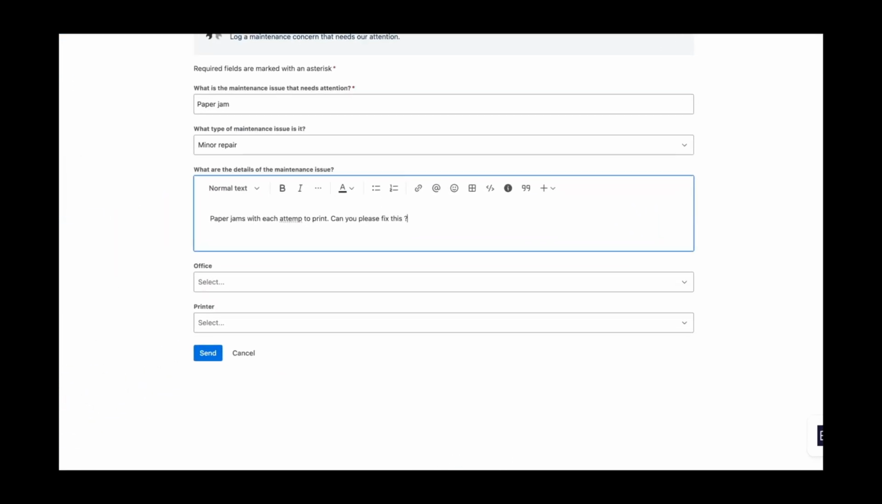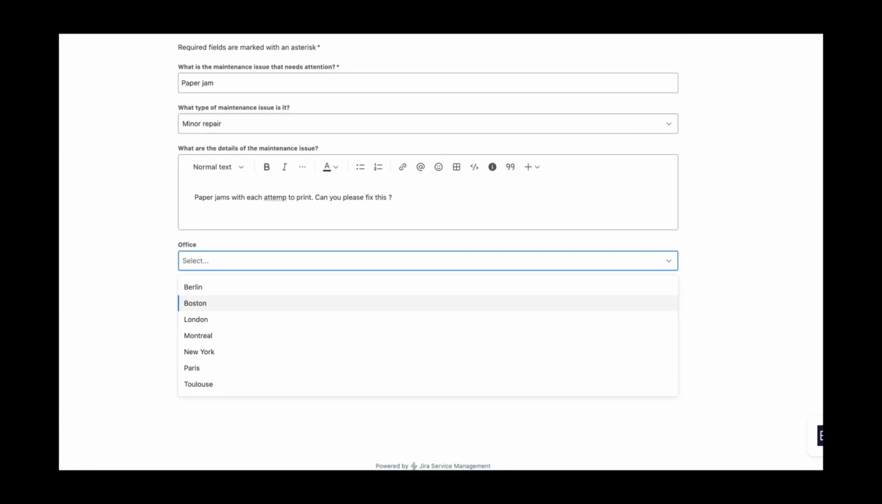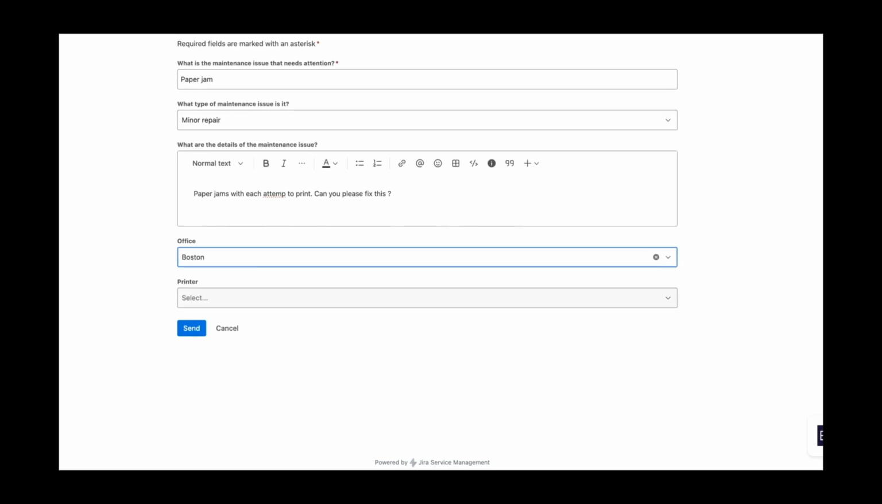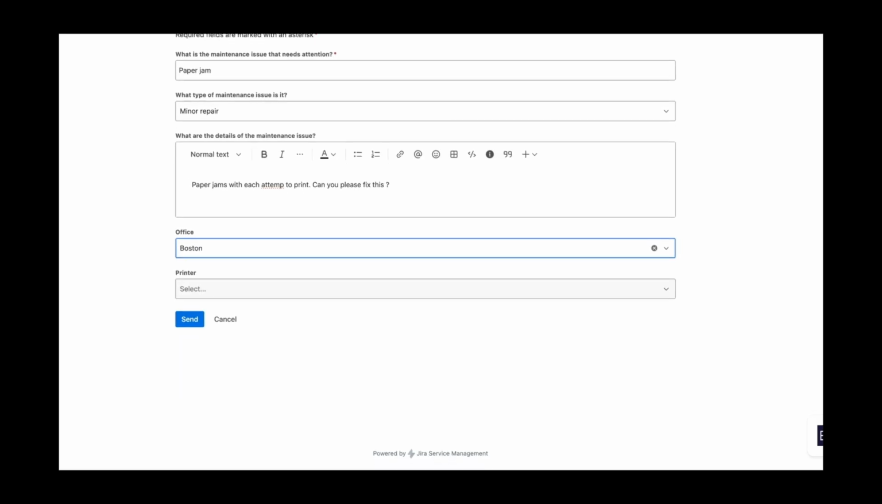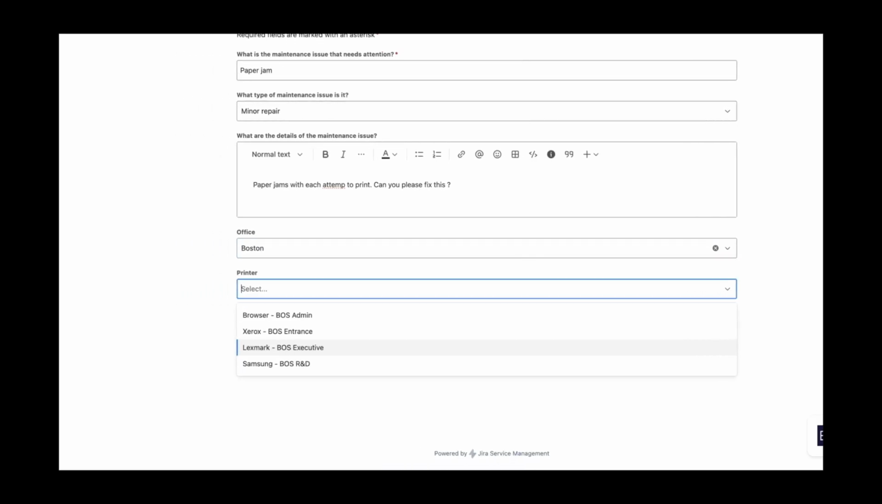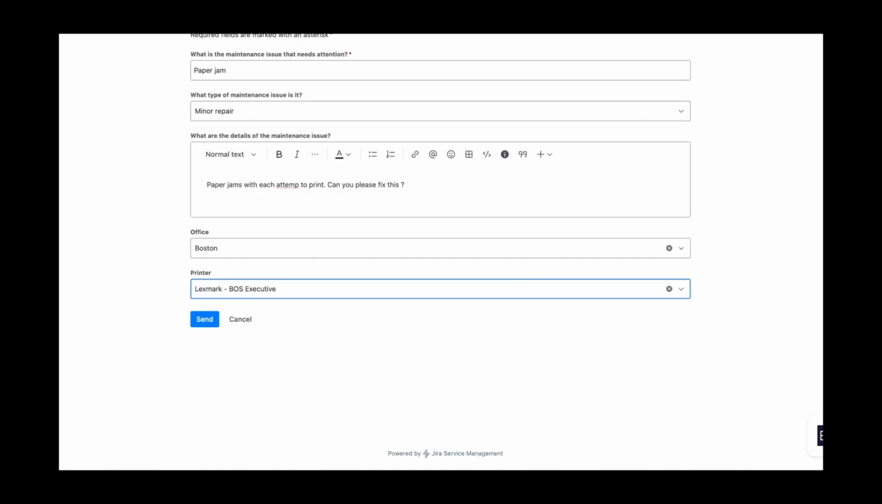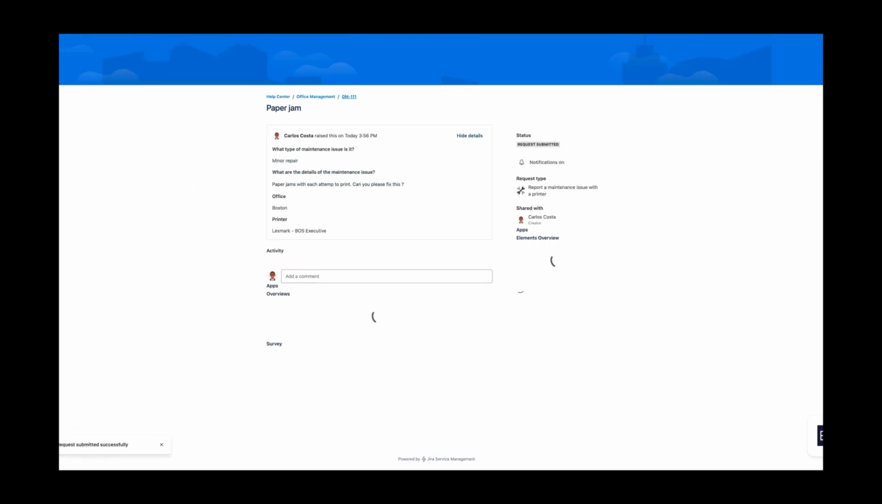Let's have a look at the result in the customer portal. The Elements Connect connected custom field automatically suggests to Carlos the different Tellurian offices, and then the printers located in the office he selected. Carlos didn't have any information to input manually, and it took him seconds to find his